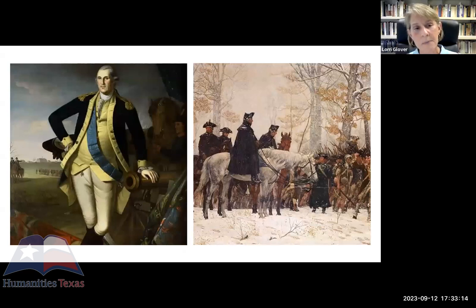Now, I have used the term nationalist, aware that it has a different meaning in the 21st century than it had in the 18th century. And that's great to teach students how terms change meaning over time. When I'm using the term nationalist in the context of the 18th century, I simply mean men who wanted a more powerful, stronger, less limited national government that would more closely bind together the states and would allow the United States to thrive economically and in the international arena.